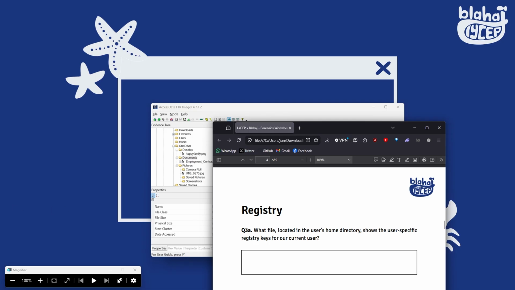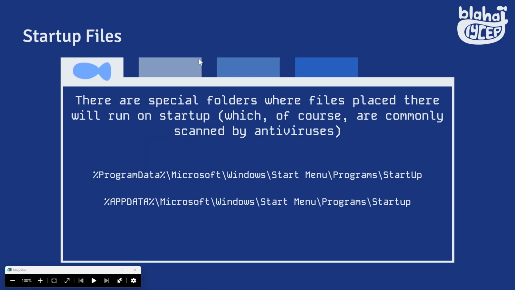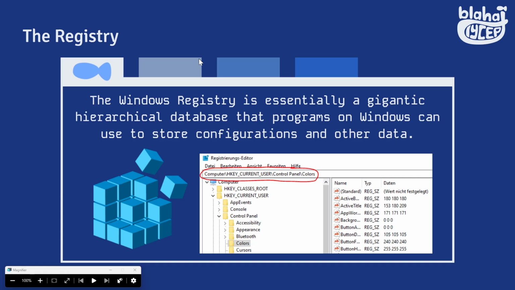So now this is the more technical part. We're going to start talking about the registry. So let's talk about the Windows registry for a bit. Something that's very critical in Windows is this thing called the registry. That's why I got you guys to install Registry Explorer just now. The Windows registry is basically a giant database that a lot of programs on your computer use to store